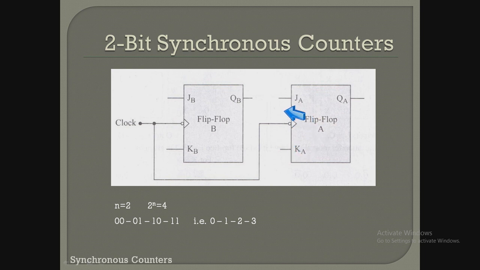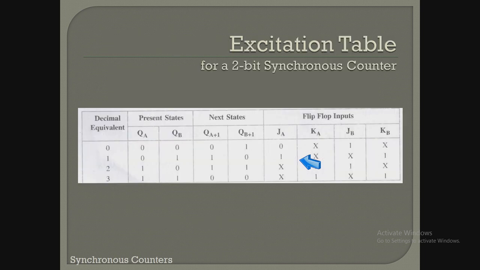So to achieve our goal, that is for keeping QA from 0 to 0, we should keep JA 0 and KA can also be 0, can also be 1, right? So therefore I write 0 in the JA column and cross. This cross indicates don't care condition, cross in the KA column. So by giving this input, we have retained 0 of QA.